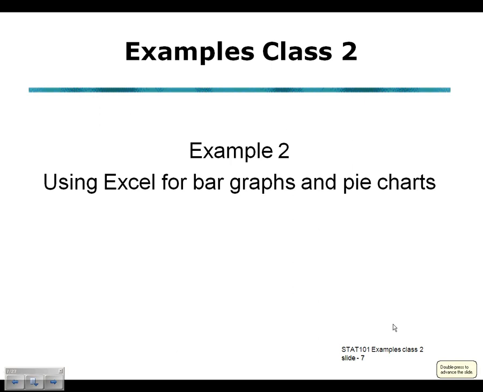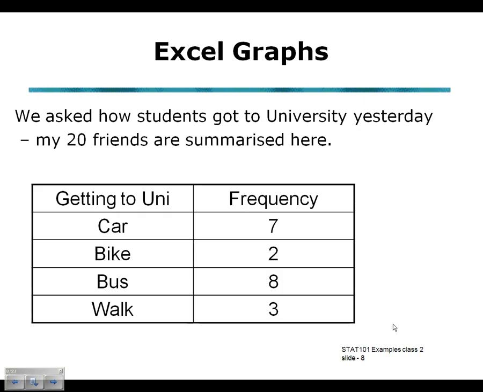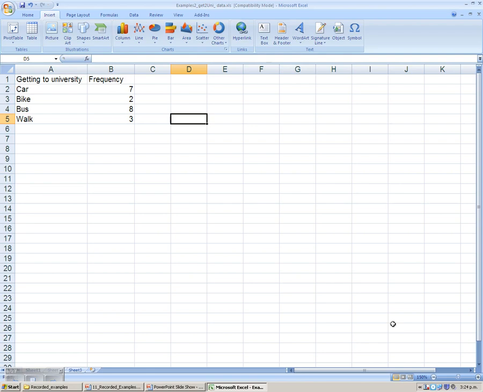Example 2 in Examples Class 2 is using Excel for bar graphs and pie charts. And the example we've got are some students getting to university. My 20 friends got to university yesterday, and they've had a choice of going by car, by bike, by bus, or walking. So our frequency table is as shown there, and we are going to go into Excel and copy